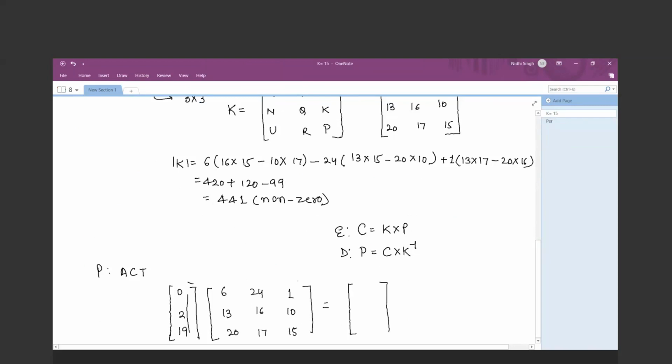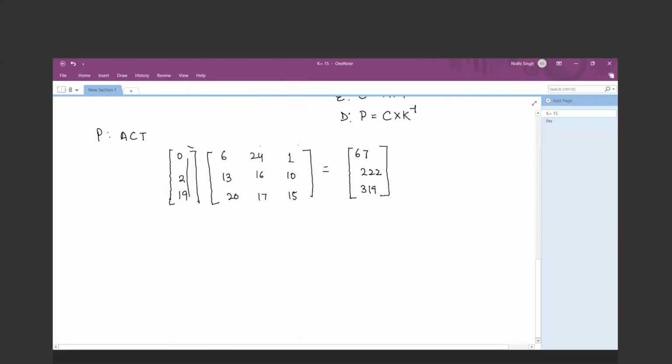Then after this matrix multiplication, some values will be generated like 67, 222 and 319. So मैंने already करके रखा हुआ है इसलिए मेरे को पता है. तो 61, 222 and 319 will be generated. ठीक है, but you can note down this thing that after the matrix multiplication, it may be possible that your generated value may go out of range because your range does not exceed 26, क्योंकि हम mod 26 की बात कर रहे हैं पूरे